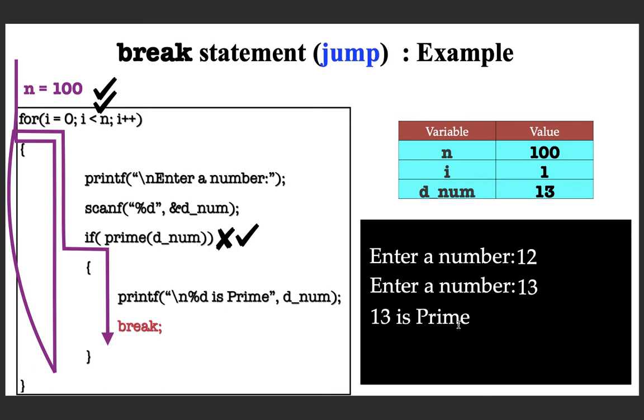The moment the break statement is executed, the control jumps to the statement which immediately follows the loop. So break is causing a break of execution of the loop. Control will be transferred out of the loop to the immediate statement which is following the for statement, or whatever be the loop. I hope with this example you are getting exactly what break is. The moment you execute break, control will jump out of the loop.